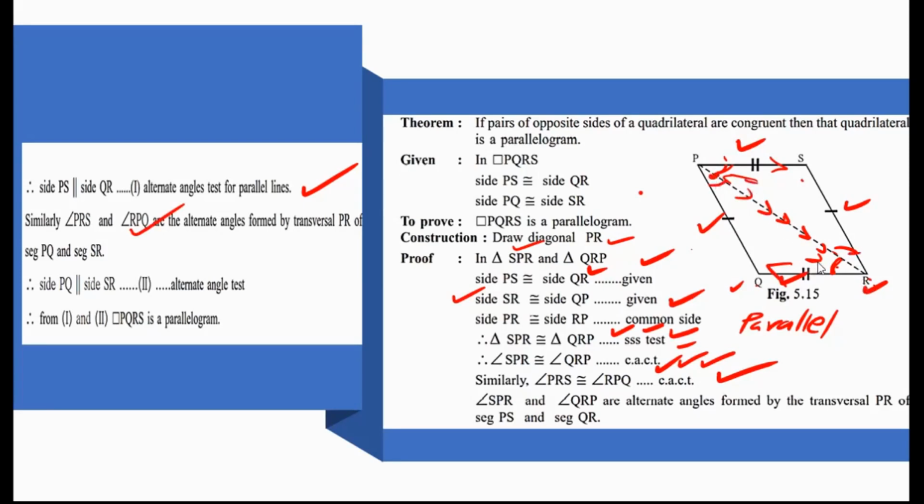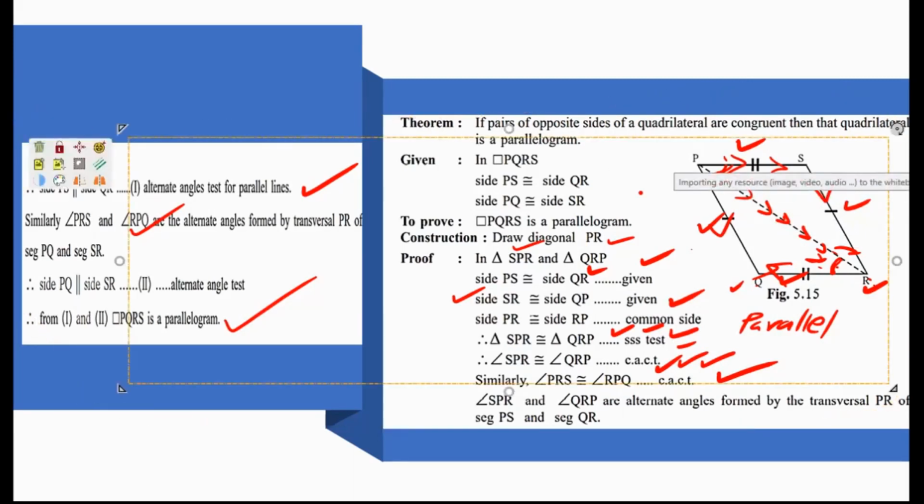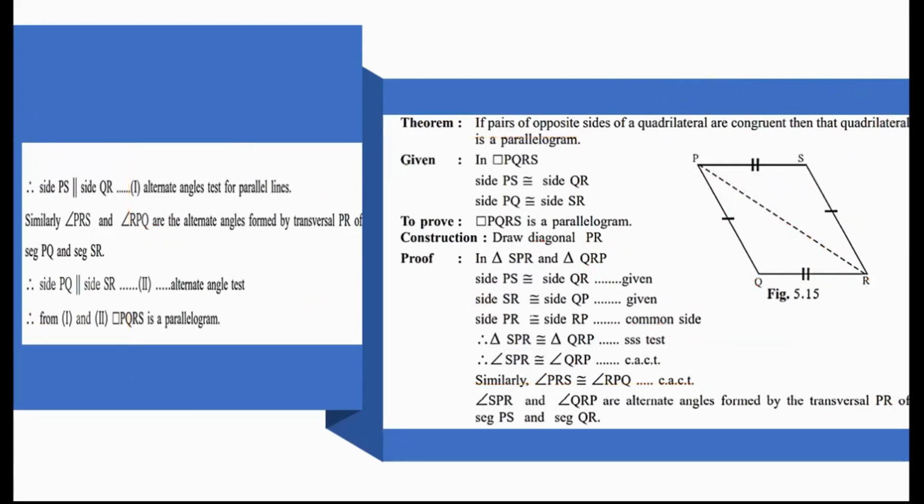Alternate, first we consider the other angles, alternate angles congruent. When alternate angles are congruent, we can declare that PQ is also parallel to SR. PQ parallel to SR congruent हो गया. The same way PS is congruent to QR. That means we can declare that quadrilateral PQRS is a parallelogram. Okay, we will declare because the conditions required to say that it is a parallelogram are achieved. Okay, that you should remember.